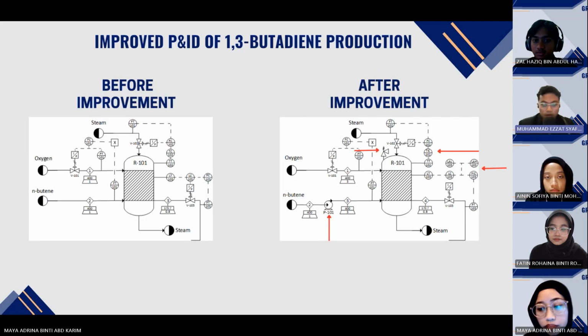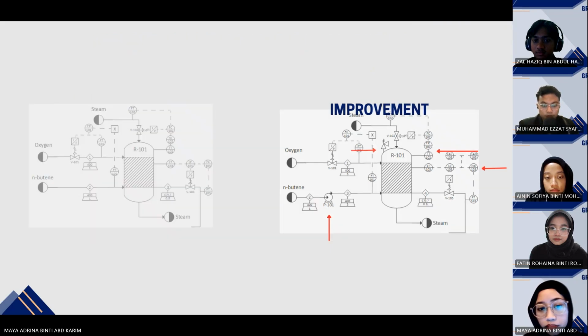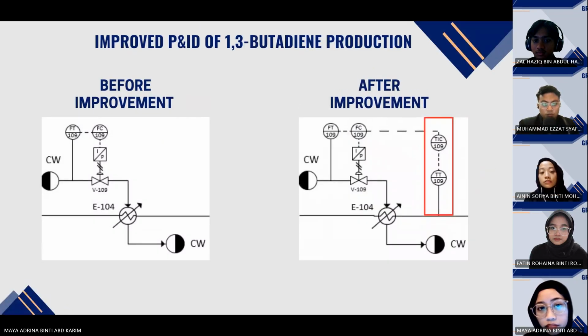So moving on to the next slide, the cooler. The improvement at the cooler that we made is we installed a temperature control system at the streamline by regulating the flow rates to the desired set point to ensure that the temperature desired for the process is achieved. So the next slide,